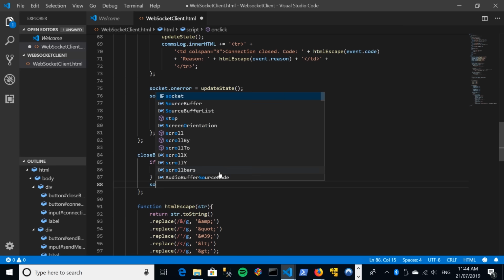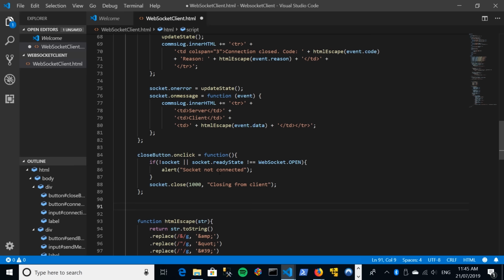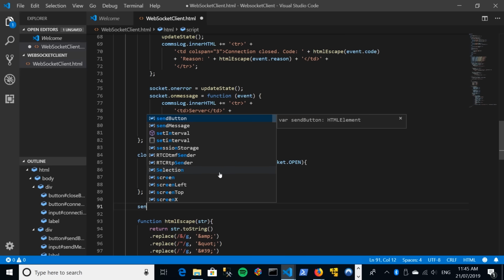Assuming it is okay, then on our socket we're going to call close, with a code of 1000 and the reason, closing from client. And that 1000 code is saying it's a clean closure request from our client. Everything's fine. And then the only other thing we're going to do is on our send button,